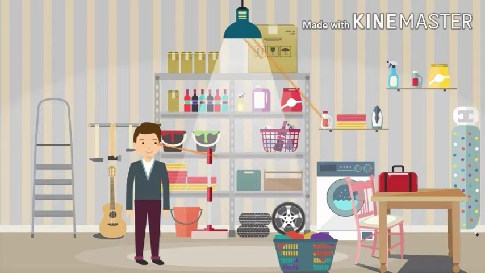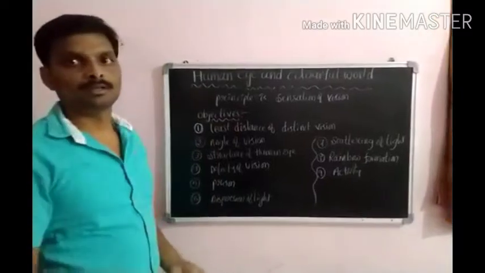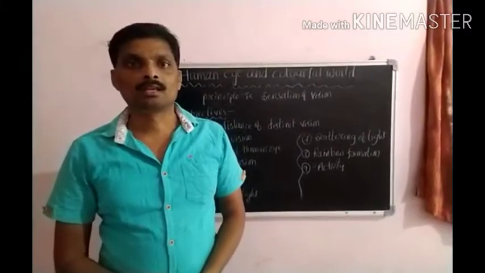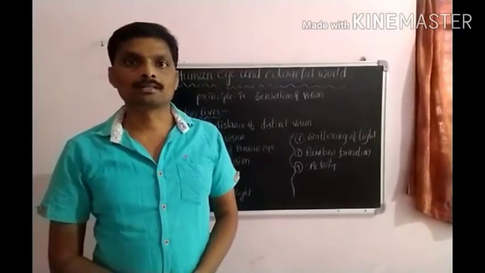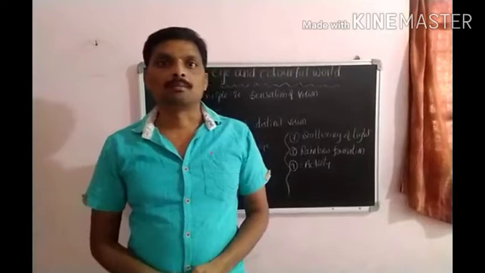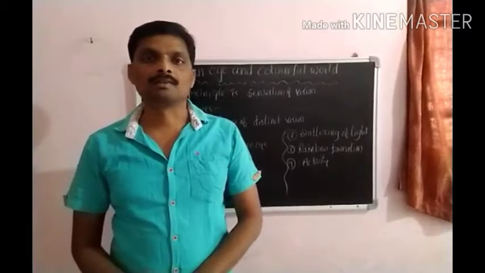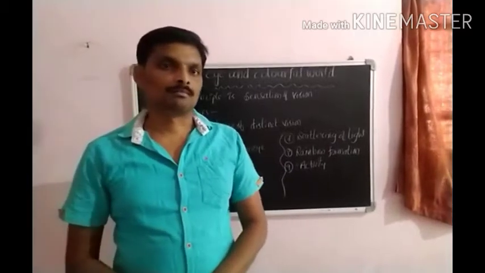How do our eyes enable us to see these objects? What is it that goes on within our eyes that helps us see all the objects around us? These are the questions that we'll answer in this particular topic. In the previous topic, we discussed refraction of light at curved surfaces. In that lesson, we discussed different types of lenses, convex lens and concave lens. In a convex lens, the image formation depends on the object in front of the lens, and we discussed that in previous classes.